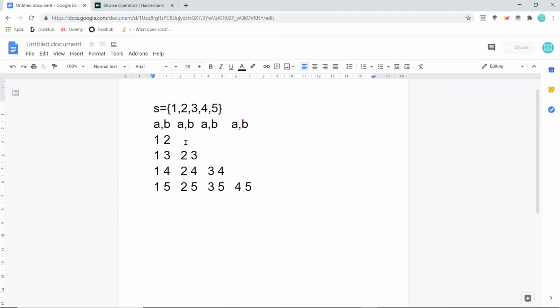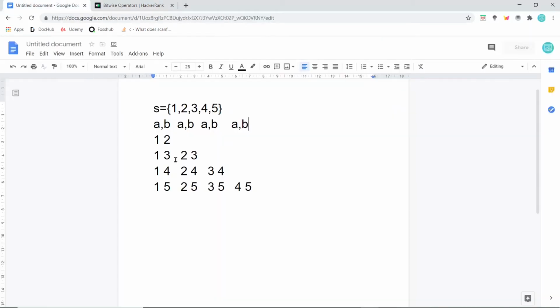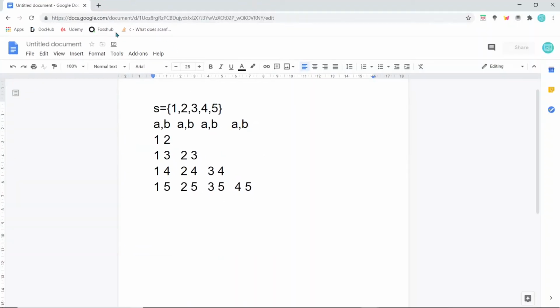Here we have A is equal to 1, which means I is equal to 1, and here it increases to 2. Okay, now with the 2 we will have 3 possibilities, right? When I becomes 2, the value of j can be 3, 4 and 5, since it is starting from after 1 greater than I, and it is going to the same limit n. So for the second loop we will have 3 possibilities. Similarly, for the next loop of I, we have 2 possibilities, and then we have 1 possibility at last.